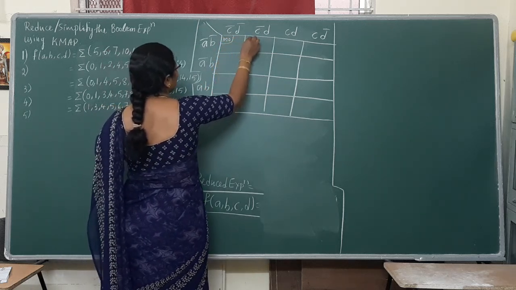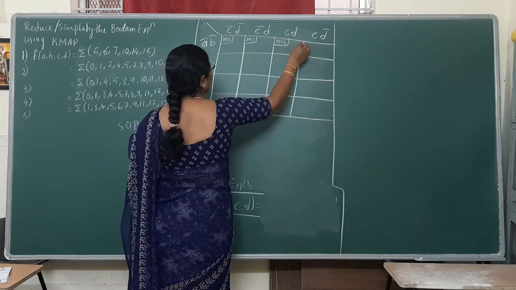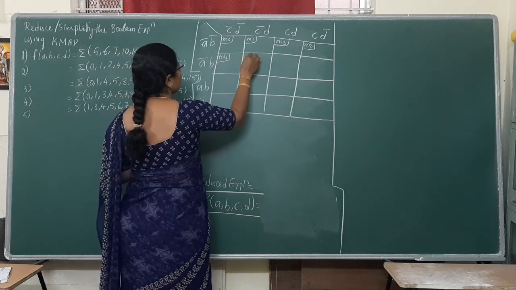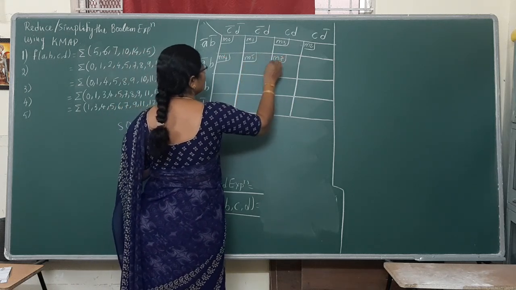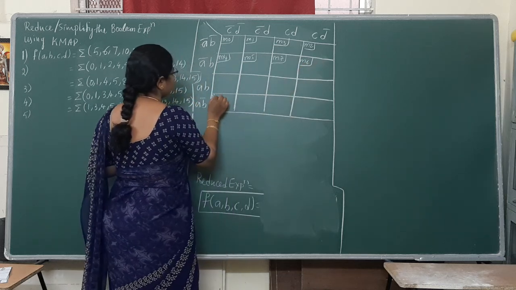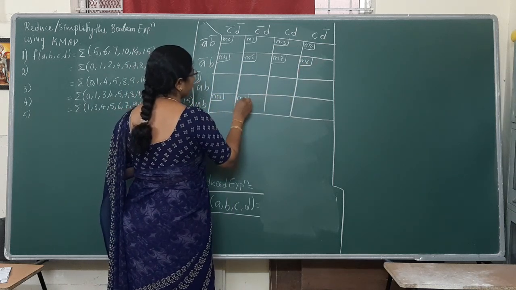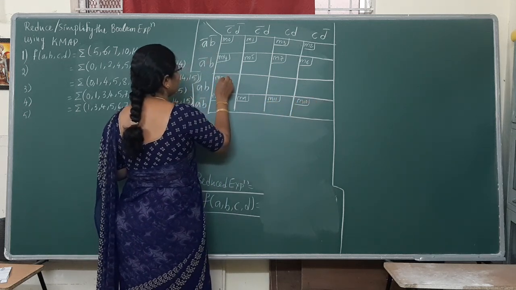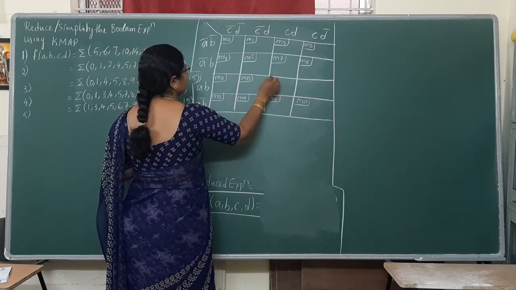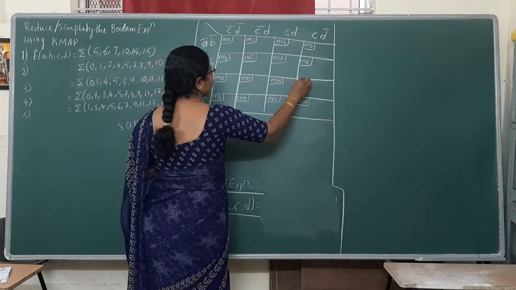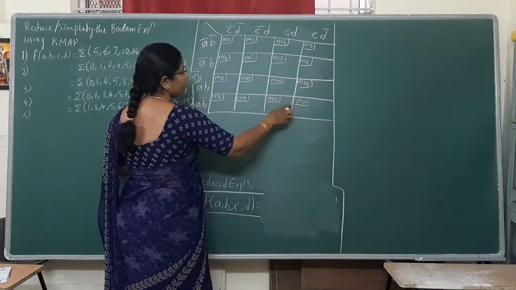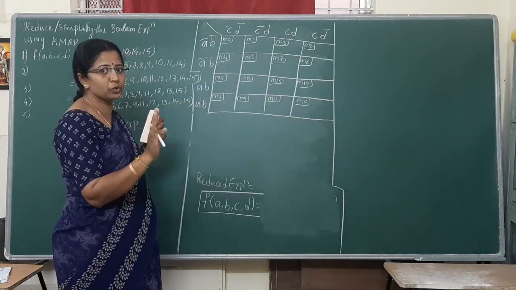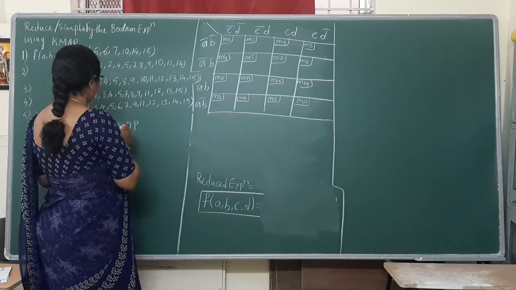M0, M1, M3, M2, M4, M5, M7, M6, M8, M9, M11, M10, M12, M13, M15, M14. The term of each cube is a minterm, and the labels are fixed. You are not supposed to change. According to the problem, here